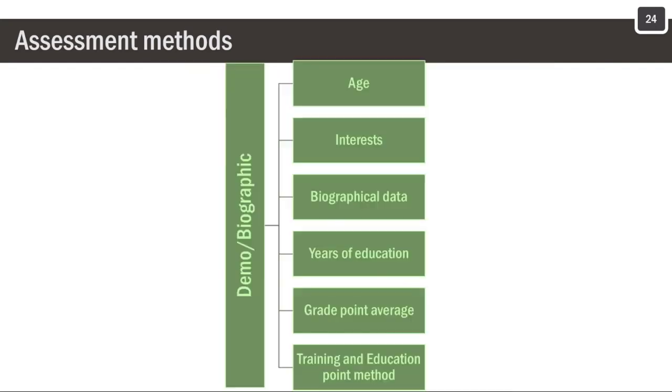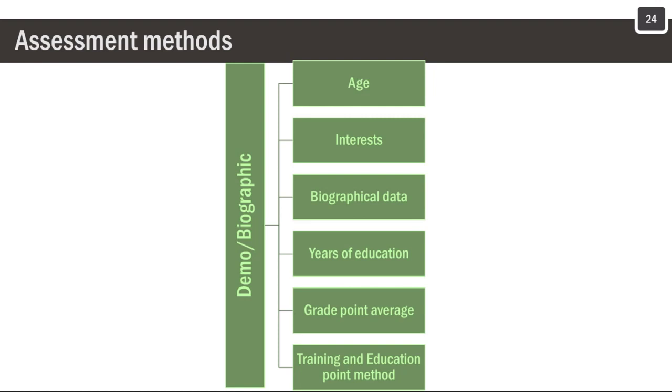So that's the test. Now, what else is there? Then there is basic demographic or biographic information that individuals put on their resumes and the organizations ask for in order to screen the potential candidates. You're familiar with most of those, possibly with one exception, something called the training and education point method. The point method of evaluating previous training experiences is used mostly for hiring at various levels of US government, federal, state, and local. This method means that an applicant receives a fixed number of points for each year or month of experience on the same or similar job, each year of schooling or course taking that appears to be relevant, and each relevant training program completed.